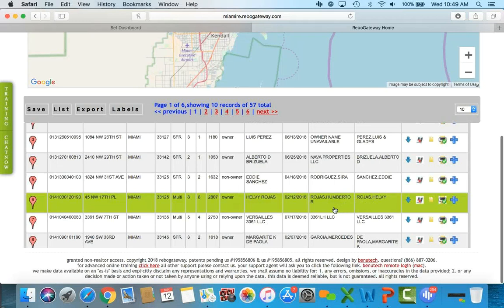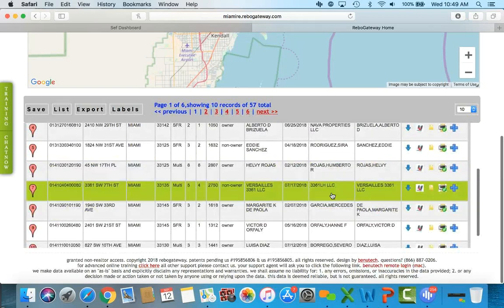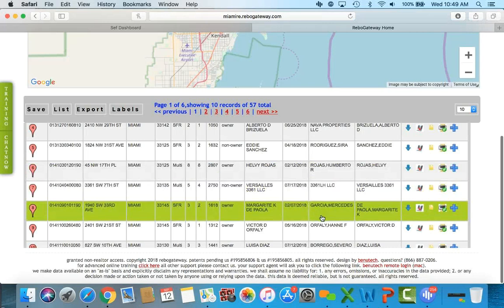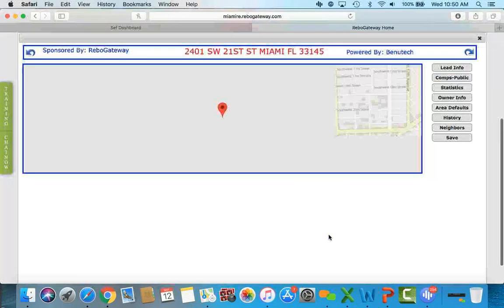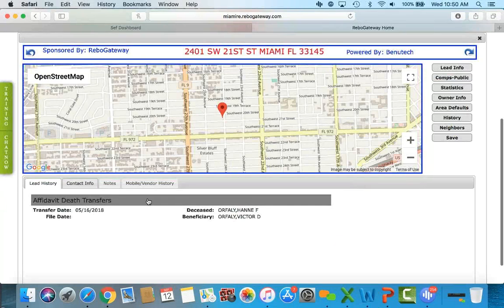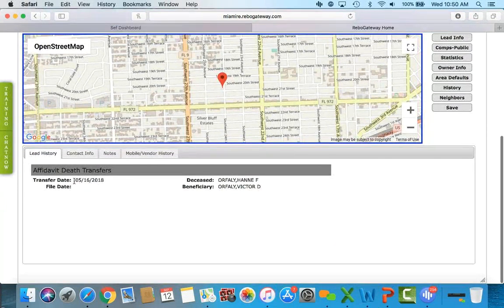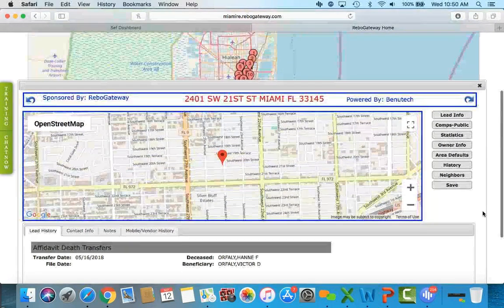Same thing with Humberto Rojas, and then who keeps the property? Helvi Rojas. And then here we have another corporation passing away, and then Versailles LLC also keeping it. So I'm not too sure why I see some LLCs in here, but what we should see is this. We should see a lead history that says an affidavit of death, and this one occurred on May 16th. Deceased is Hani, and beneficiary is Victor, what I assume to be a family member, being the beneficiary of the